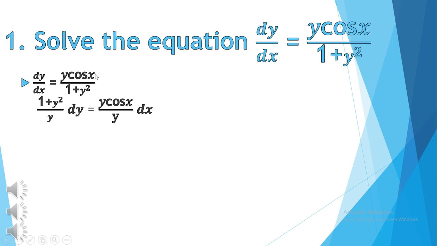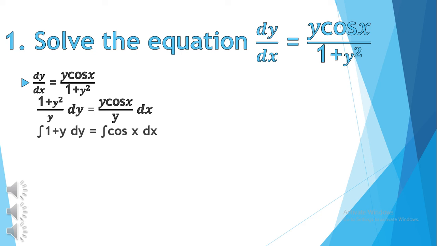That means 1 plus y squared over y dy equals y cos x dx over y. Cancel the y, and that means 1 plus y squared over y dy equals cos x dx, and do the